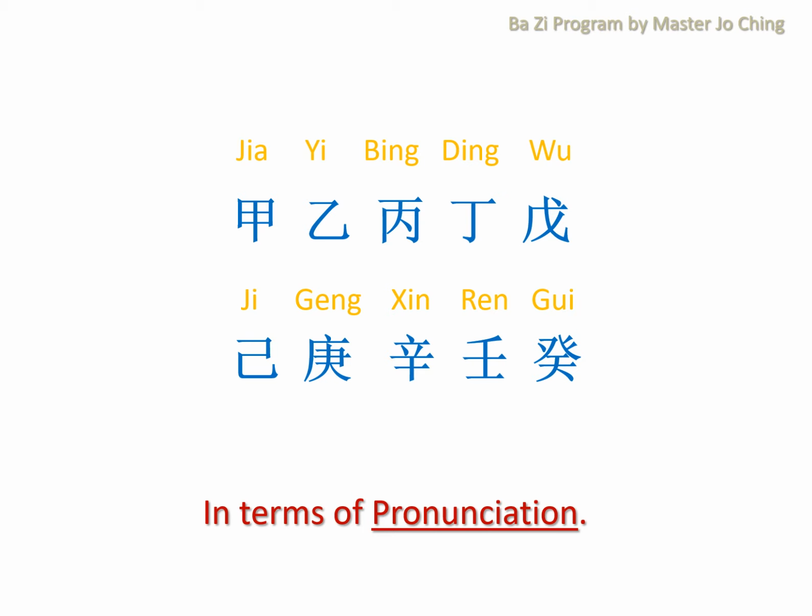Basically what I did last time was, before I sleep, I chant 10 times, 20 times. I guarantee that you will get it absorbed into your brain very fast. For example, if you read it fast, it's 甲乙丙丁戊己庚辛壬癸. Just keep chanting for 10 times. Very easily you can get all this into your brain.